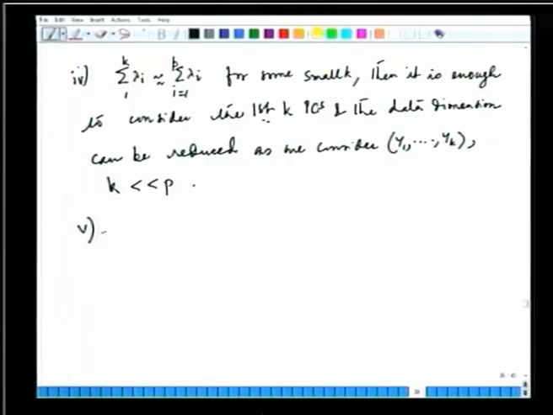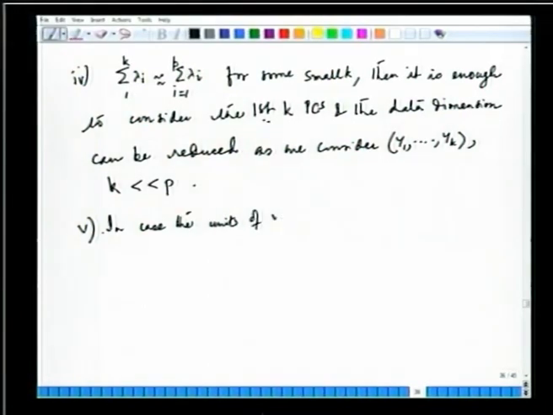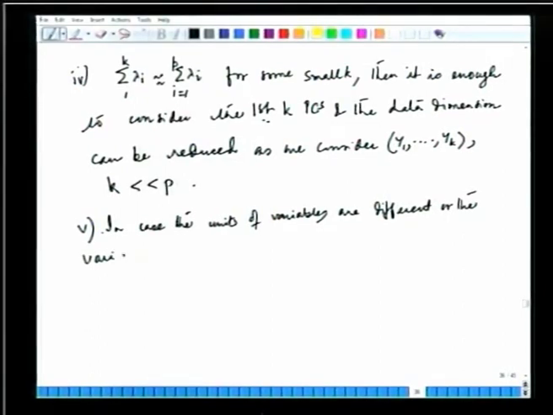What we have to do in such a situation is make the measurements unit free, so that we get the true picture of association. So this point is also to be noted down before we actually do the exercise. Standardizing the variables: in case the units of measurement of the variables are different, which is bound to happen in practical situations,